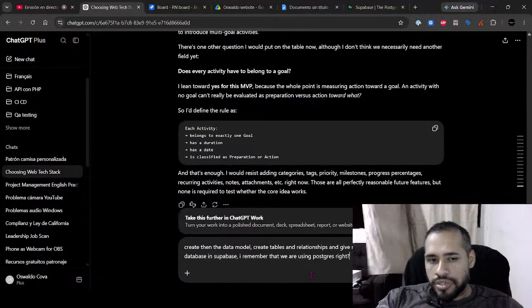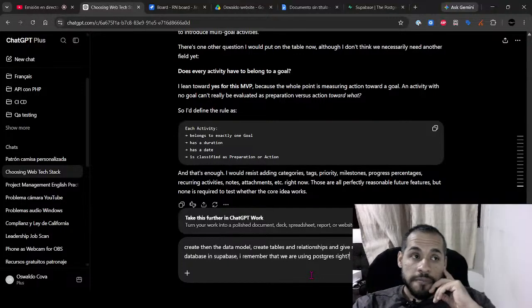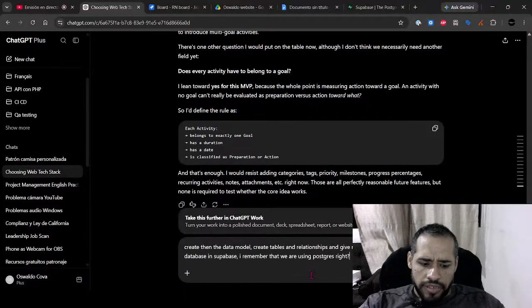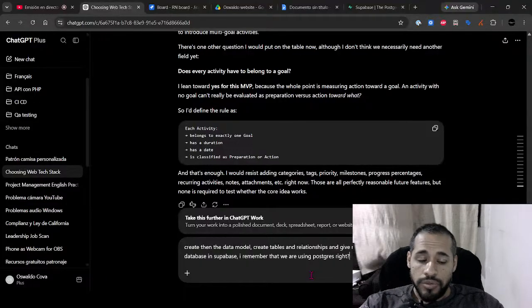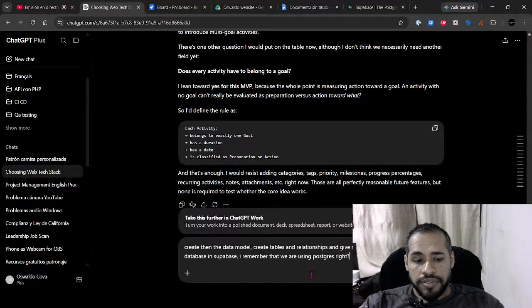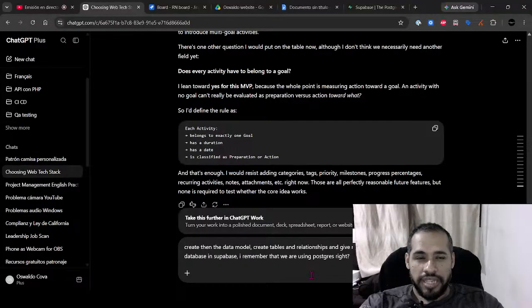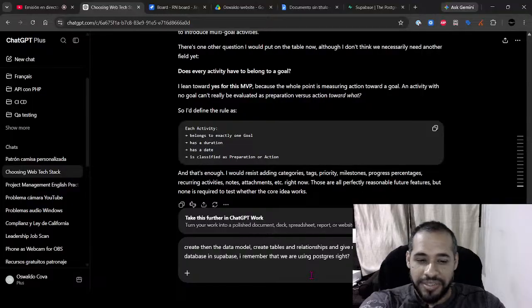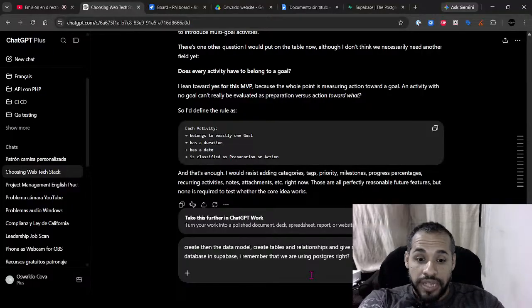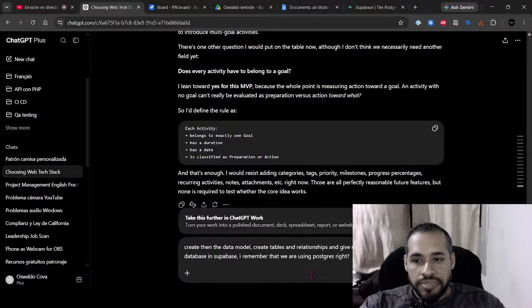I haven't worked with Supabase, but I work with another type of tools, and they help you define the data visually, and it's very helpful because you don't need to use the code.